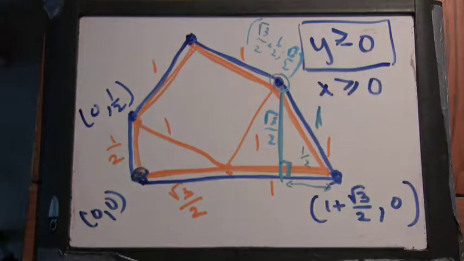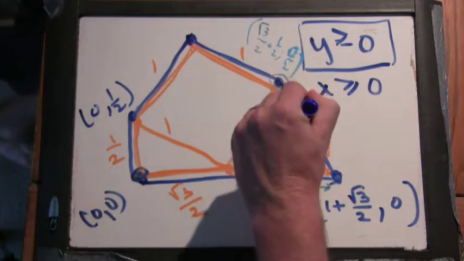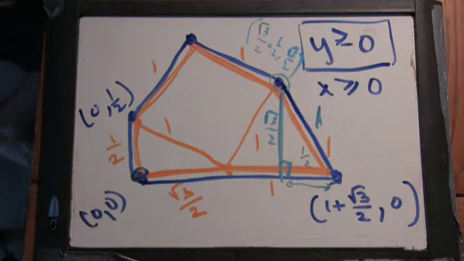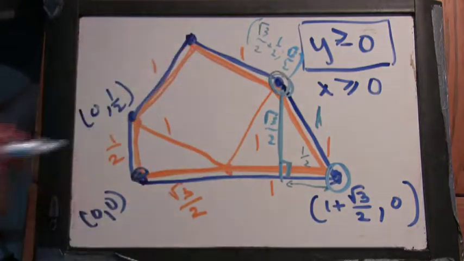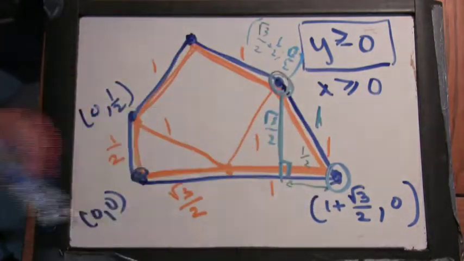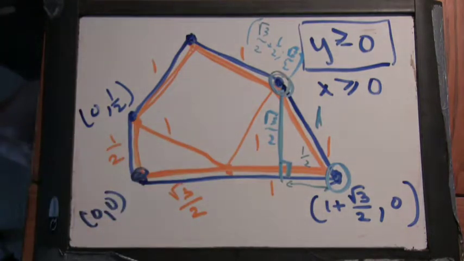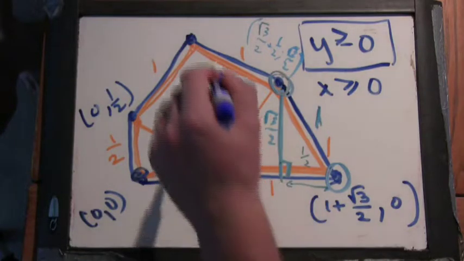Good. So which line can we find the equation of now? This line here. And how are we going to find the equation of that line? Well, we look at the 2 points, and then we can find the slope based on these 2 points, and then put one of the points into that equation to find the intercept. Okay, good. So we're not going to go through that calculation on camera, but we can do that, and it's not that difficult. The tricky thing now is going to be finding